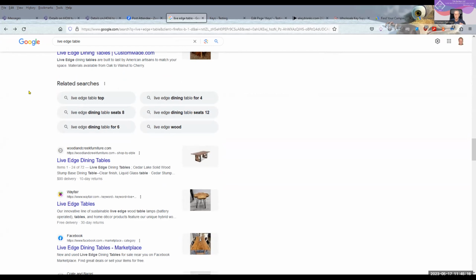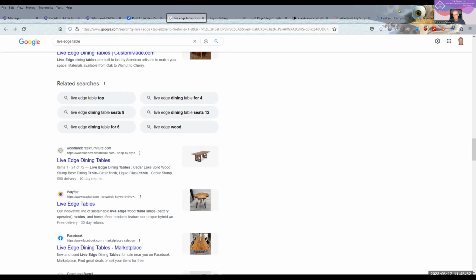And the more terms that you put in your content that are related to the subject on that page, Google likes that. Those related searches are what other people search to find what you have. They're not saying, if you're selling tables, we also have some related searches on cars. You're never going to see that. These are related searches to exactly what your term was.